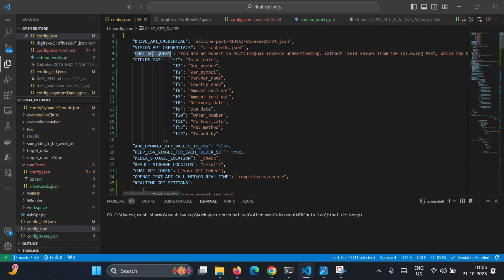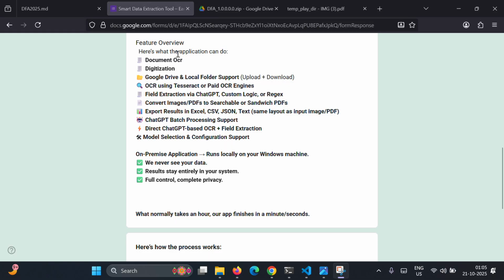We can use some other API tools that we want, the other API for the extraction of the data and dump it to the Excel. So this software can do the document OCR tasks. So maybe you don't need a field extraction, you just want to digitize your data, that you can do with